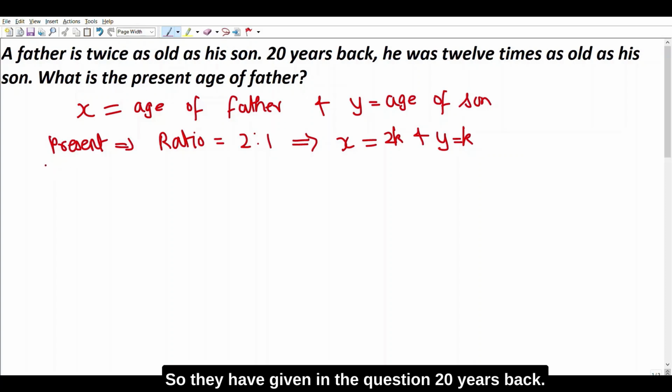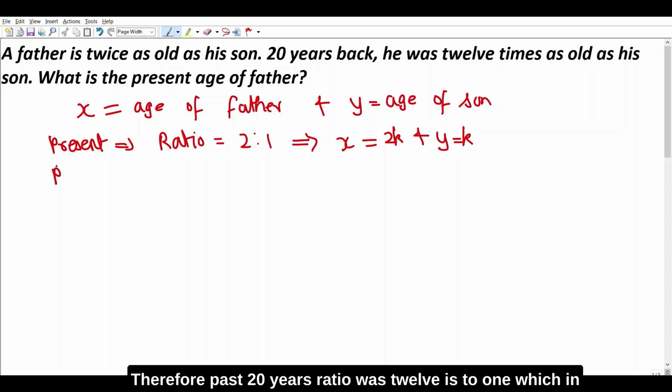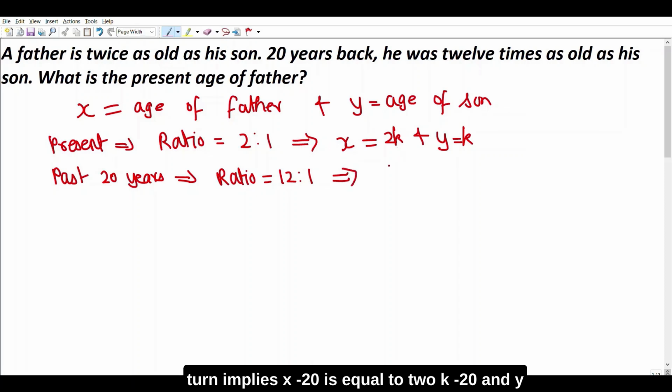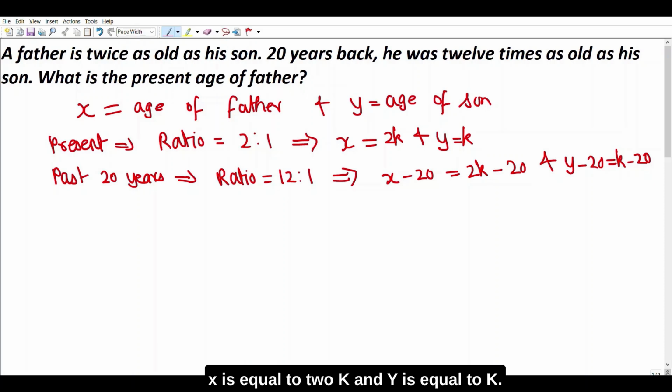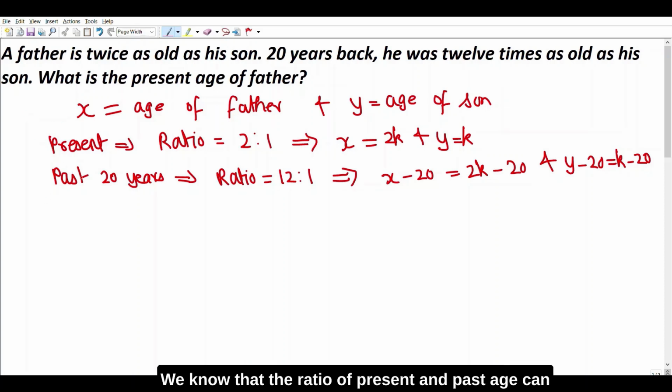So they have given in the question 20 years back. Therefore, past 20 years ratio was 12:1, which in turn implies x minus 20 is equal to 2k minus 20 and y minus 20 is equal to k minus 20. That is, we are just substituting x is equal to 2k and y is equal to k. We know that